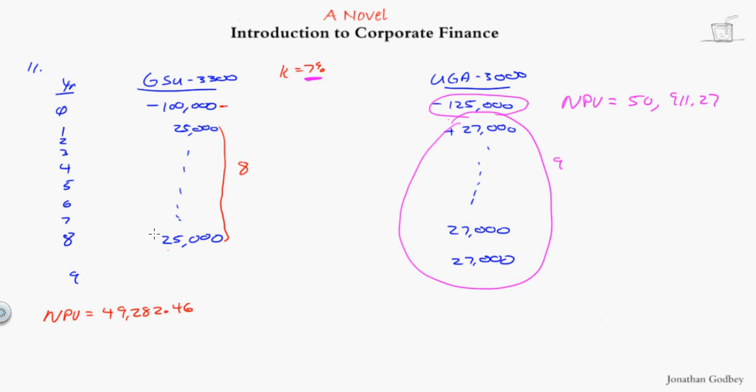I can't compare those because one lasts for 8 years, one for 9. If I buy the GSU machine, I have to buy another machine at year 8 and repeat the project. Right? So what I can do is find my equivalent annual series. I can say, if I do GSU 3300 and I repeat it indefinitely, n is equal to 8, 7% cost of capital, future value is 0. Plug this in, solve for payment, and this is going to be